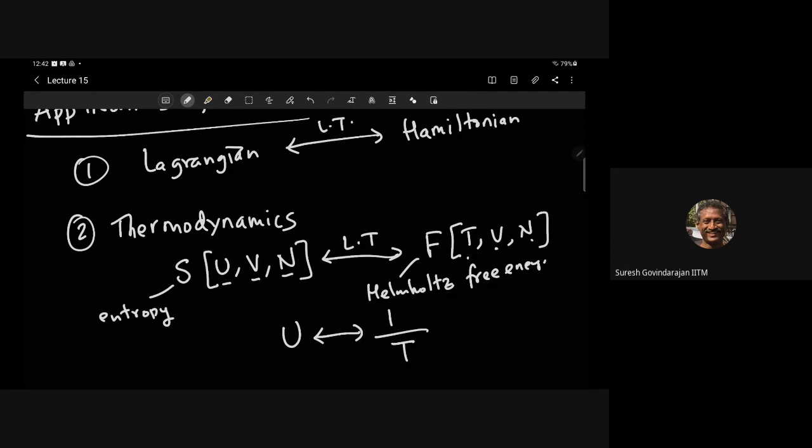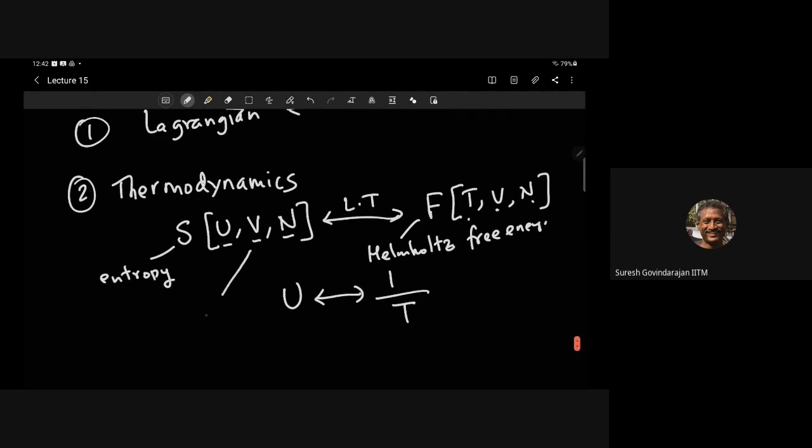Okay, so similarly, you could do a Legendre transform with respect to V, and the canonically conjugate variable is P in this case. And for V, I guess, it is mu, the chemical potential. So you get a plethora of state functions by doing various Legendre transforms. And so also there'll be signs. So entropy, you maximize entropy, and there's a minus sign in the conventional definition of F. So you minimize Helmholtz free energy. Okay, so these are small details which might be very confusing, but these are two beautiful applications of